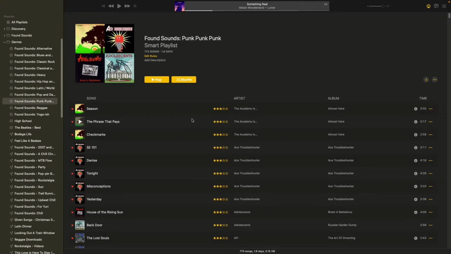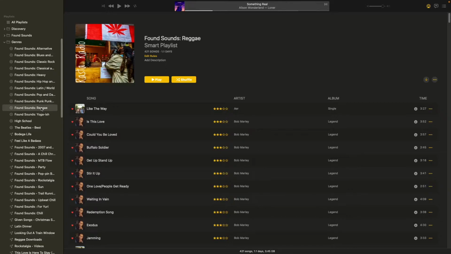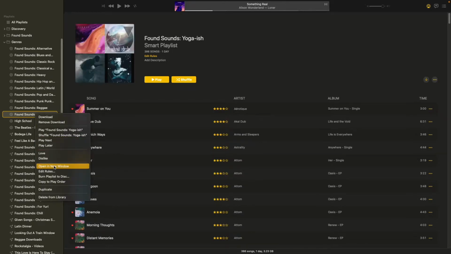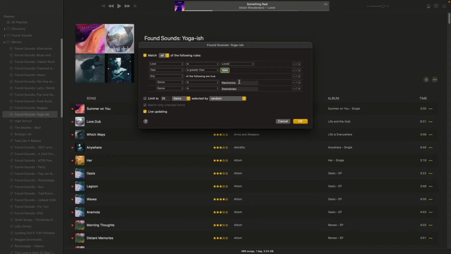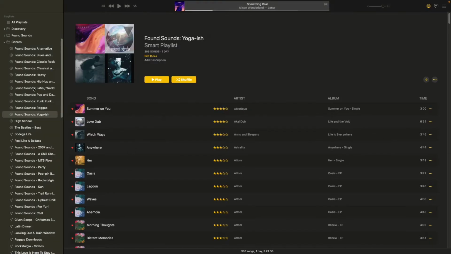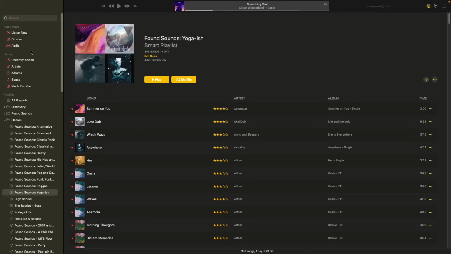It's just dump it all together, except for separating out more of the poppy stuff from the a little bit more raw stuff. Reggae is super straightforward, and then in my yoga-ish smart playlist, I've mixed up electronica and downtempo. So this is kind of like chill electronic beats that I've wrapped up here. So that's a little bit about what I do on my computer and what my philosophy is on